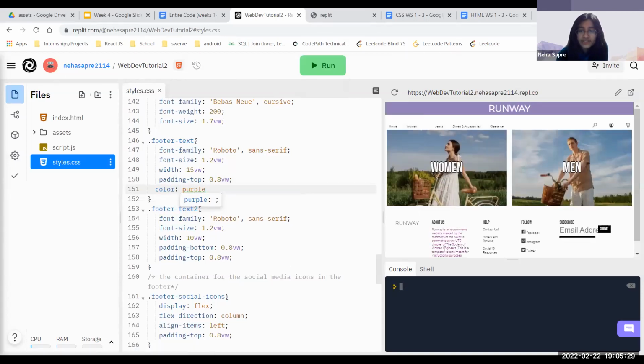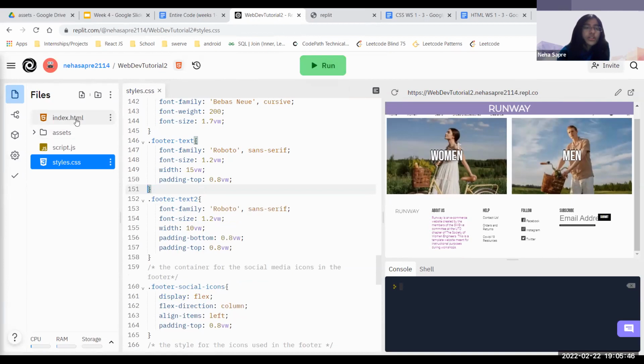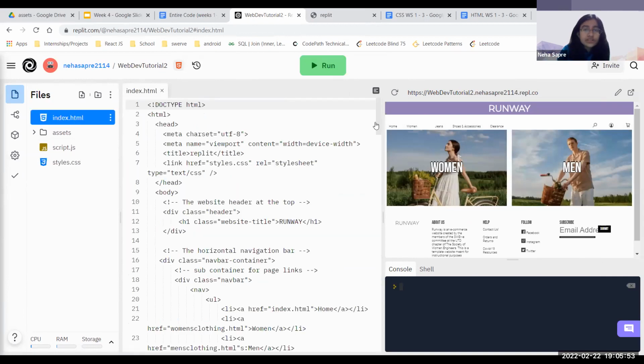Well, I picked the wrong thing, but you know. So this part had the title, I guess, footer text, and we gave it a color purple, and that turned out to be purple. So that's how we can pick and choose different elements on our site and give them a certain style that we want. Okay, so make sure I didn't break anything. Okay, so once we are done with that,